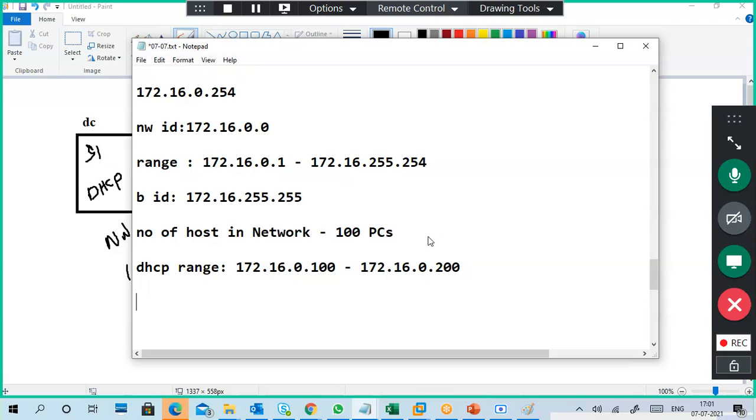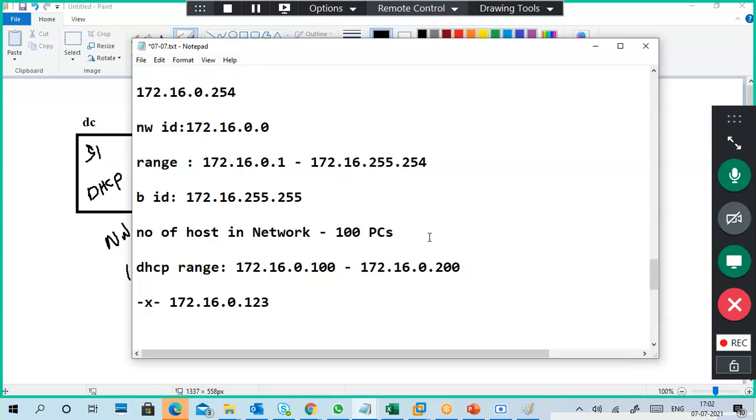For example, my boss wants an IP address like this. This is within the range, right? 100 to 200, but I don't want to give this IP address to anyone.